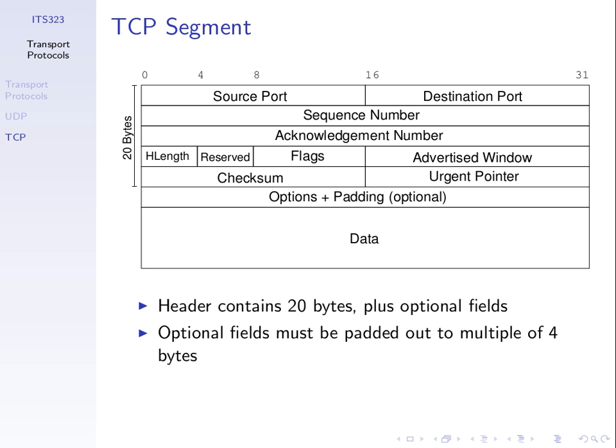When I talk about a SYN segment, an ACK segment, or a FIN segment to finish, the type of segment is indicated by which flag is set. Some 1-bit values indicate the purpose of this segment. So the flags. We have source port, destination port, a sequence number and an ACK number. Sequence number to indicate the sequence of the data we're sending, and an ACK number to indicate we're acknowledging some